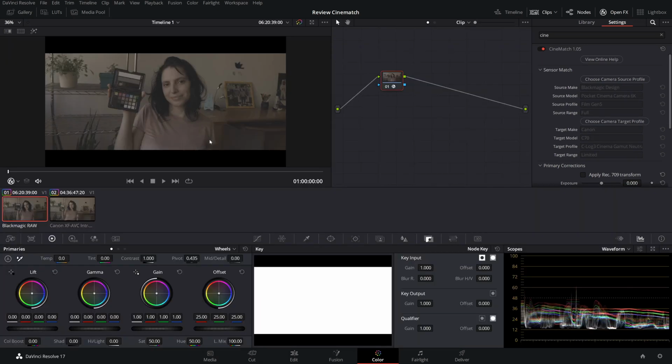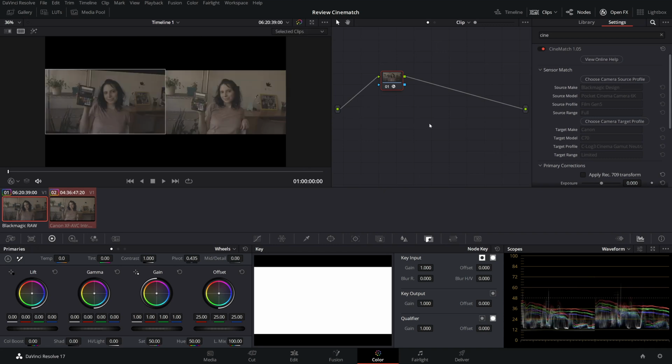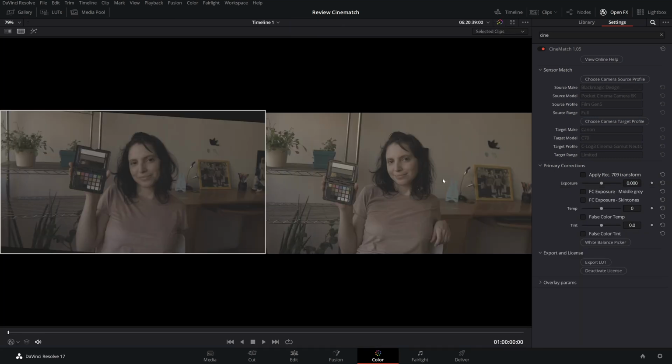Now we're going to start to tweak some things here in Cinematch to bring the colors and contrast and everything else very similar. To do this, I will choose the two clips and put them together. Then I will bring them here and start looking at some things.